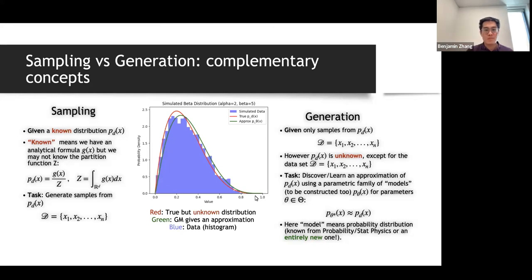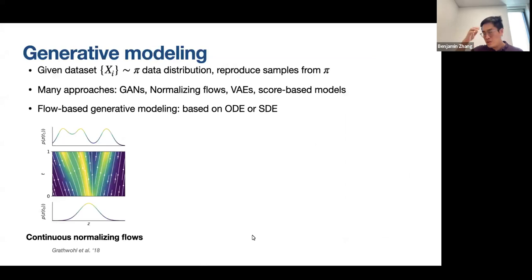Okay. And if you're familiar with the generative modeling literature, or maybe you've heard these words over the last few years, there are very many